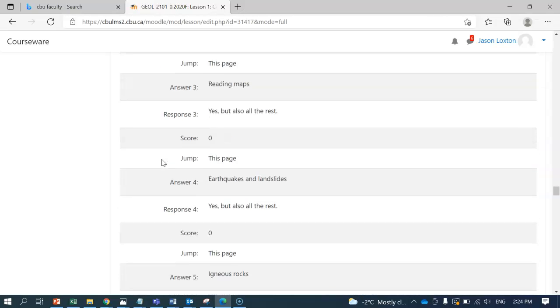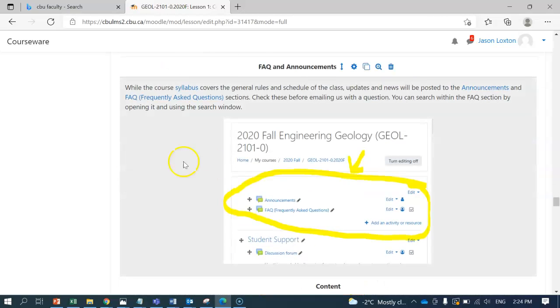So after all of this, where we go through the logistics, we go through a series of the things that we've built out on the actual Moodle page itself to add additional supports beyond the syllabus. So one of the things we did is we made an FAQ section. That allowed us, when we started getting emails about the course throughout the semester,